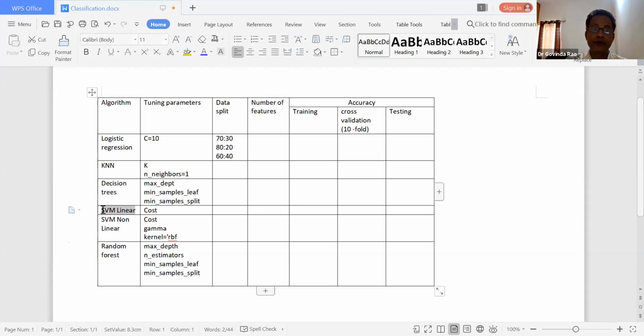Suppose if your data is not linearly separable, then we can go for non-linear classifiers or non-linear computational methods like logistic regression, k-nearest neighbor, decision trees, support vector non-linear and random forest. So this is not a big deal. If the data is linearly separable, we need not worry about it. If it is not linearly separable, then we can go for non-linear techniques.